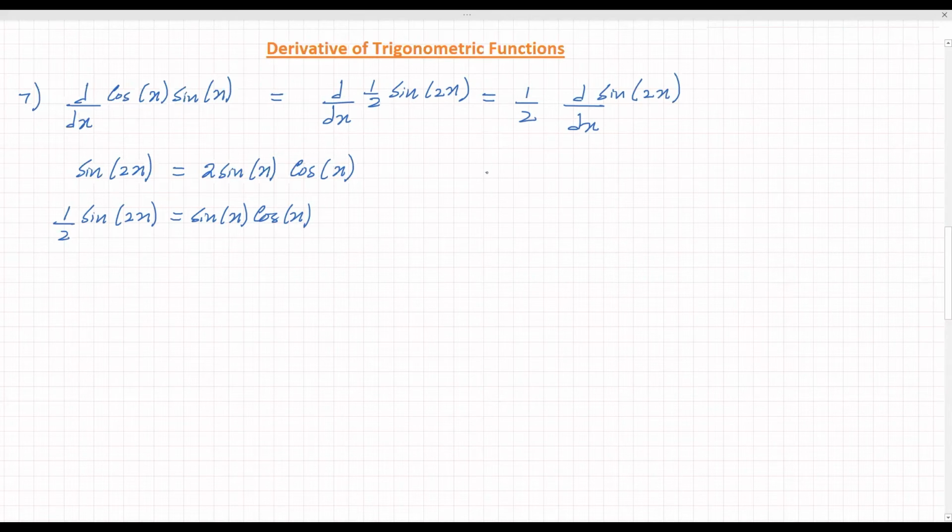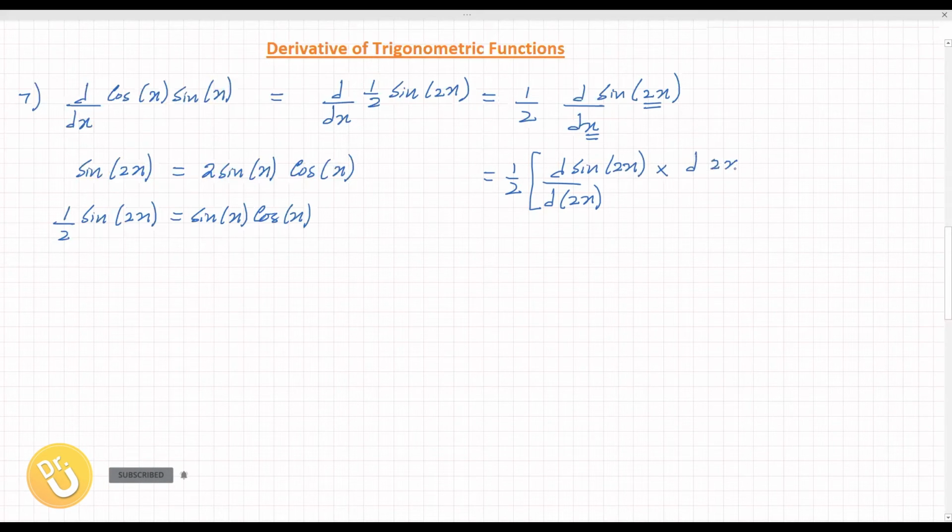Now, how do we differentiate sine 2x? Again, you can see that incompatibility, so you use the chain rule. We will construct 2x in the denominator, having sine 2x in the numerator, and we will cancel the 2x, which we have constructed, and we will have the original dx that we had before. So this is called the chain rule. This connection is called the chain rule.